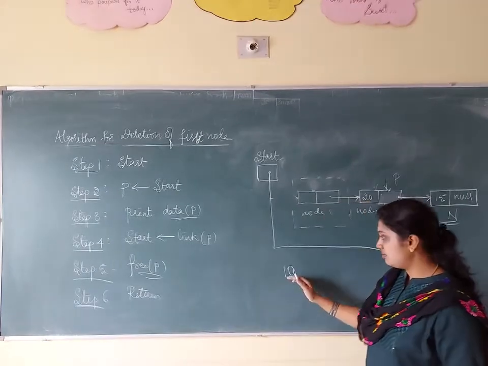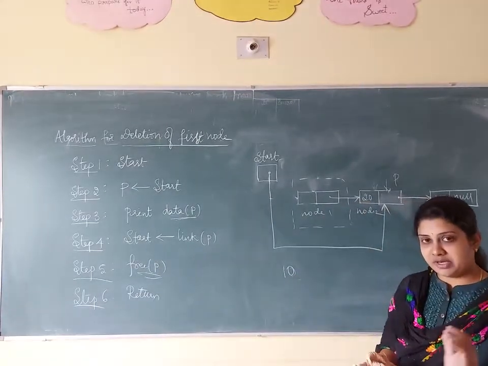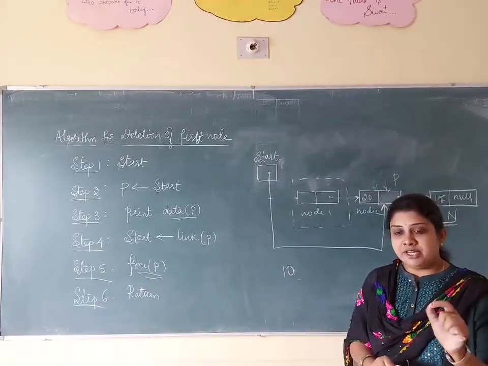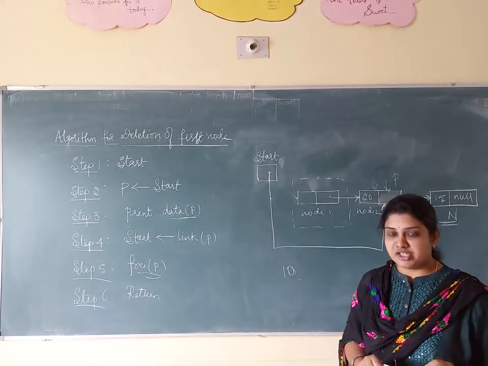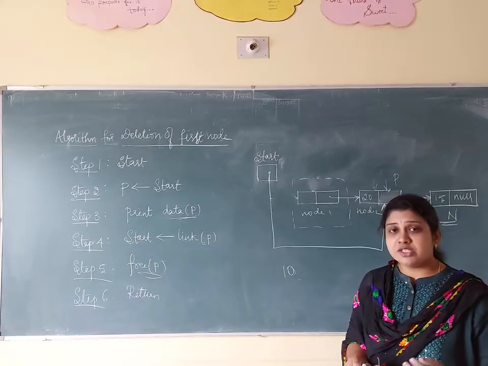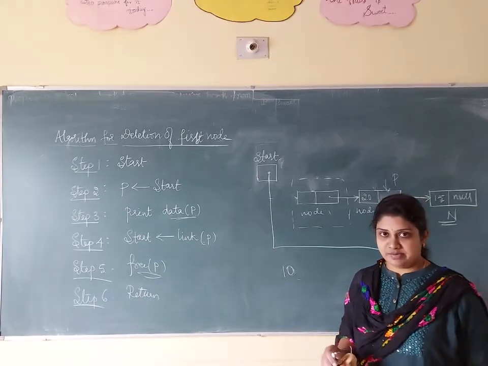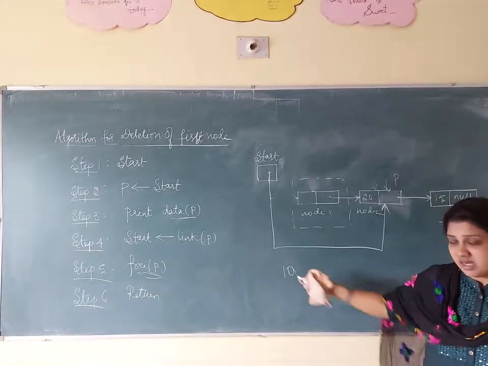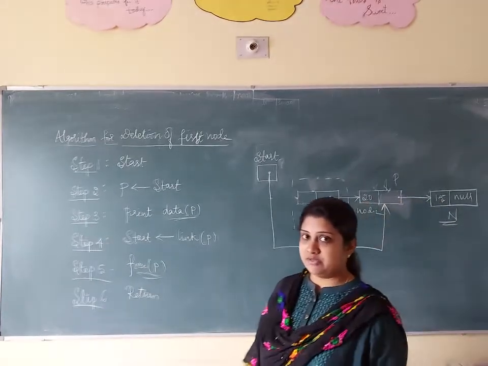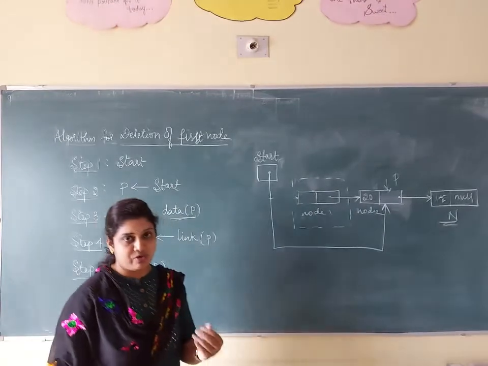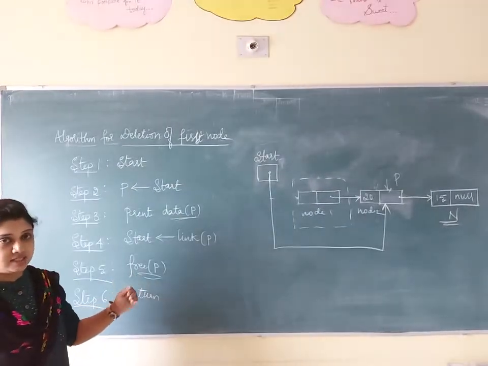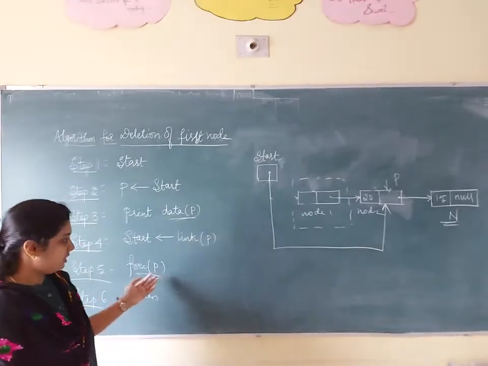We have stored the value in a temporary variable. What is the use of free P? Free P is one of the inbuilt functions in data structure which is going to remove or free the memory space. We have stored the data in a temporary variable. This data will be removed and it will provide free space for the next data element. In the sense it will free up the memory.